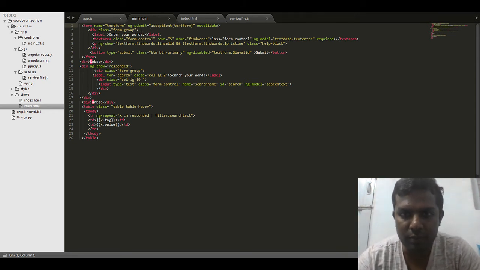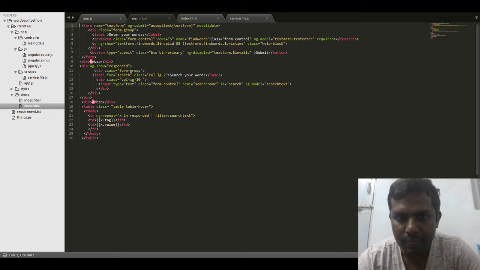So the function that is written is just to count the number of words which you are going to write. Okay, so see, this is a form. You are defining the form. This is the enter your words, and this is where I am defining the text area. So ng-model textData.textEnter, where you basically send your text data